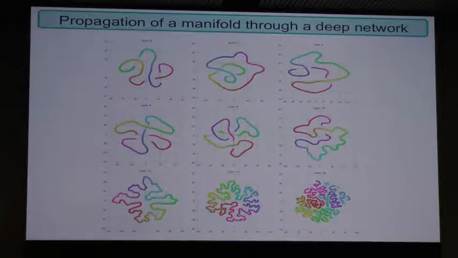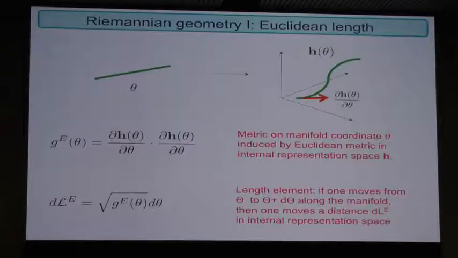So we have to confront the geometry of this manifold directly in the high dimensional space without doing dimensionality reduction. We want to use ideas from Riemannian geometry to quantify the geometry of this thing. The first one is length. We know about Euclidean metrics. We can compute the length of the curve in the high dimensional space. I won't belabor these definitions.